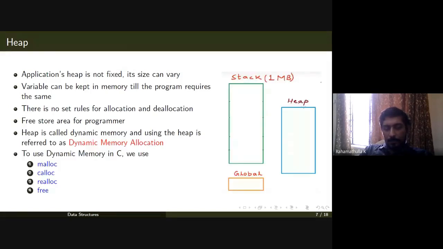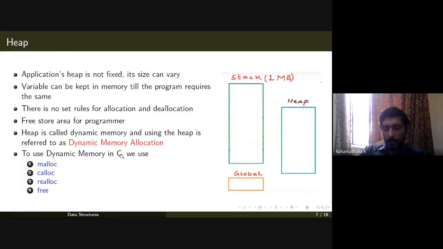The heap section of the memory is called dynamic memory, and using the heap inside your program is referred to as dynamic memory allocation. So let's say this is your heap section of the memory. It can be utilized by using memory allocation functions like malloc, calloc, realloc, and the free function is used for deallocating the memory.